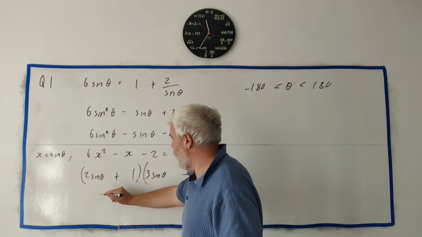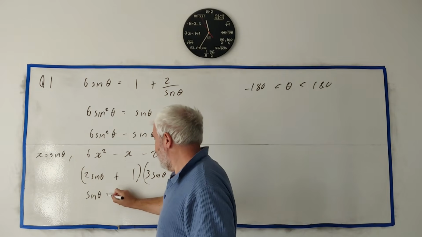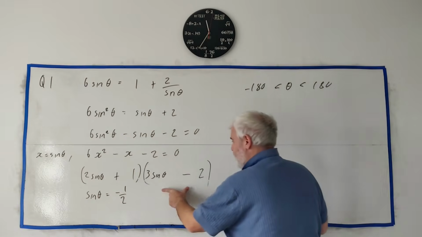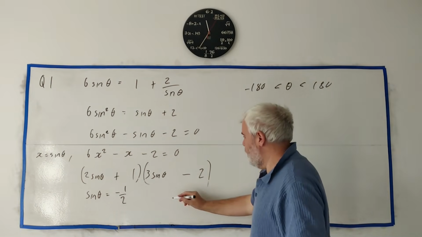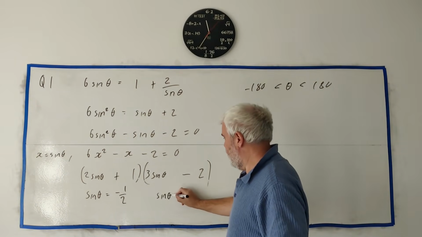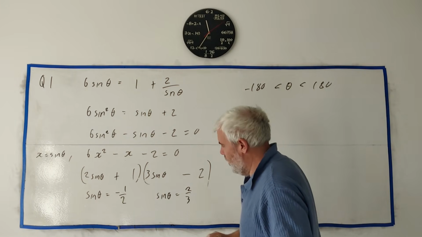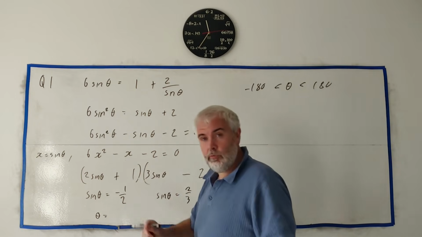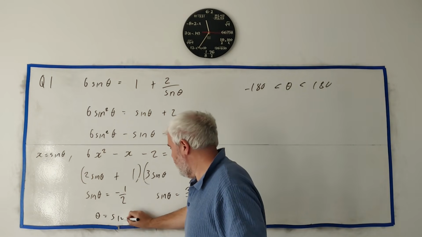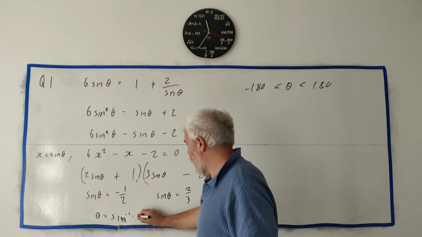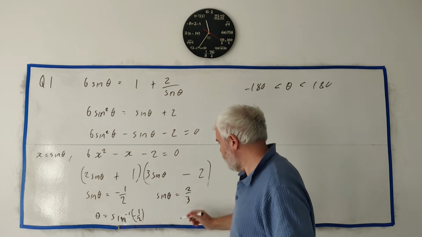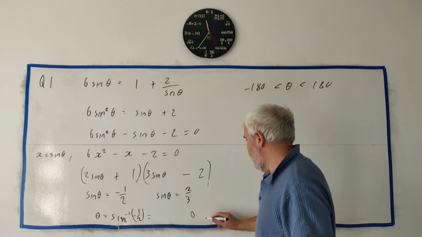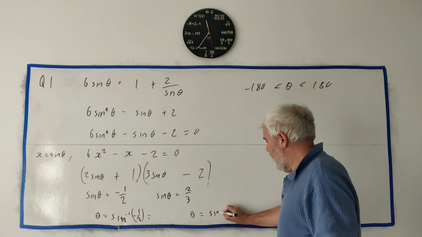With that said, the answer here would be sine theta is equal to minus 1 over 2. Remember, this all equals 0. Or the other answer would be sine theta is equal to 2 over 3. 2 answers there, and then we get the inverse sine, and that's where we get a problem. Theta is equal to the inverse sine of minus 1 over 2. And over here, I'll just leave myself a bit of room to put an equals there. Theta is equal to the inverse sine